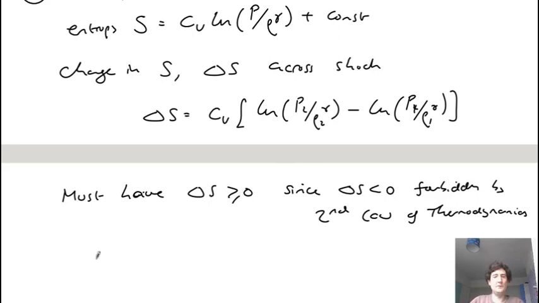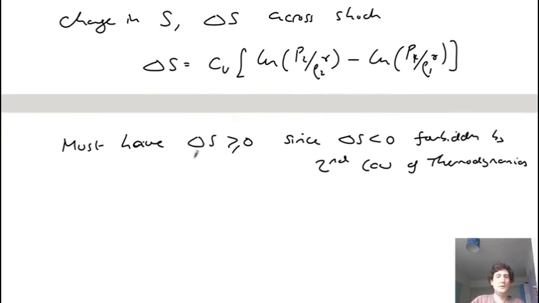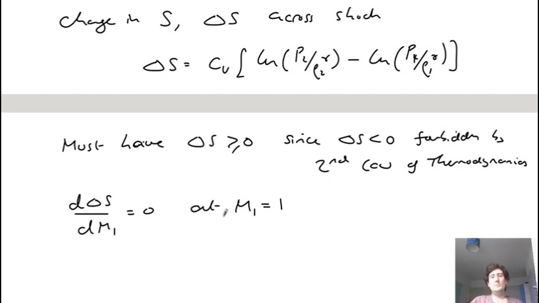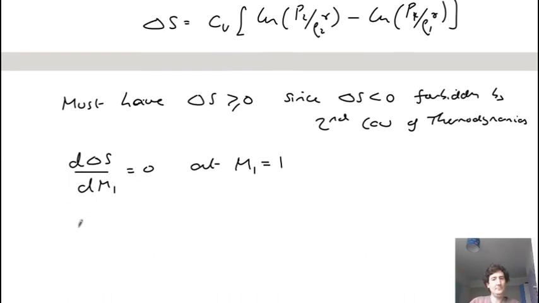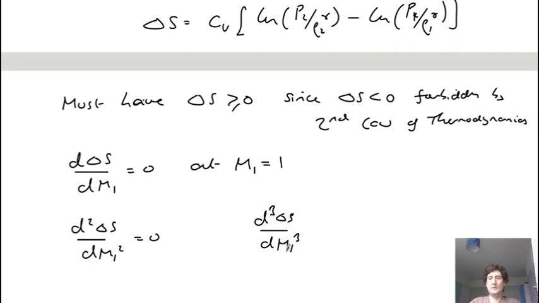So there are several different ways of showing this. One is to calculate the derivative of S with respect to the Mach number. And so you can show that d delta S by d Mach number is actually 0 at Mach number equal to 1. So try and look at whether you're at the sound speed. If you go above the sound speed or below the sound speed, how does the entropy change? You can actually see the second derivative, d2 delta S by dM1 squared, is also 0 at this location, but the third derivative of the entropy with respect to the Mach number is actually bigger than 0